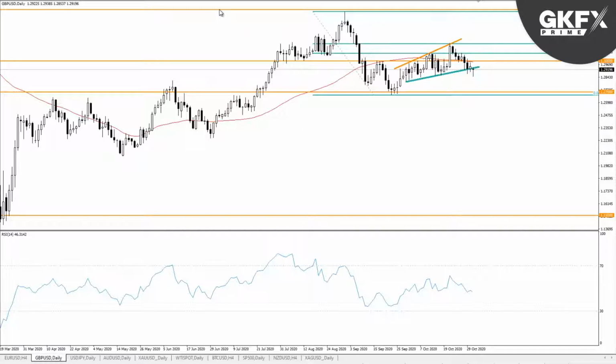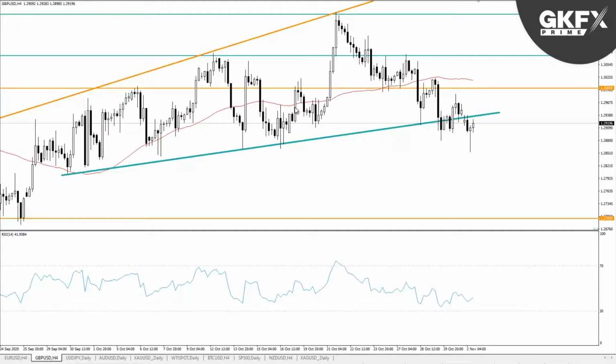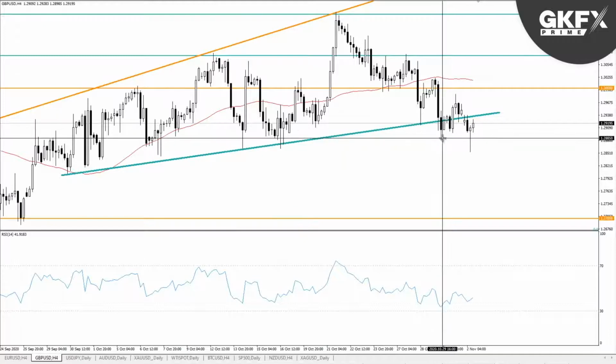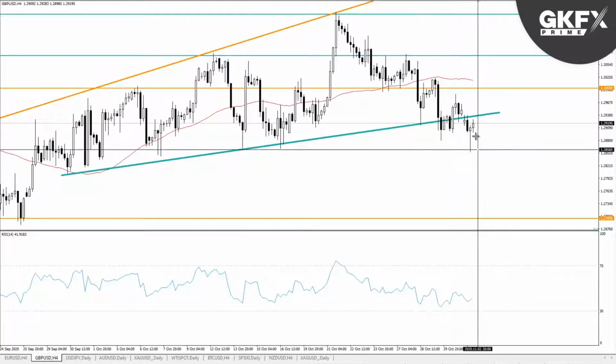So if we drop down to the 4-hour chart, you can see this trend line in a bit more detail. You can see how we took it out, and you can see how there was a lot of strong momentum there, and where you would expect the bounce to happen, it did, but it just didn't go anywhere. And you can see the 50% Fibonacci level worked on the shorter time frame. We dropped down, tested the rising trend line, and eventually broke through it. And now we're attempting to stabilize because we are through an area of support here with 1, 2, 3, 4-ish previous lows in this area. So you can see where the bounce has happened, but it does look like